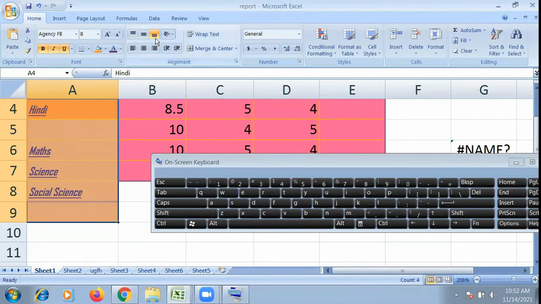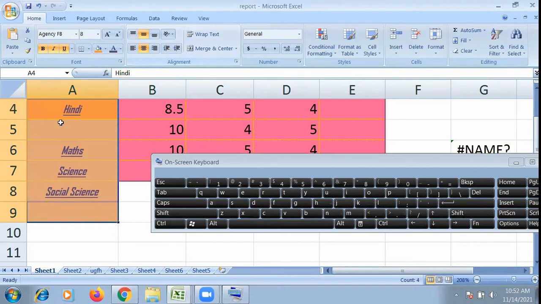Okay, so our vertical alignment is this. I mean, the text is placed at the bottom, bottom and left side. If we want to bring it in between, then we need to use the middle vertical alignment. You will see that your text will appear in the middle.